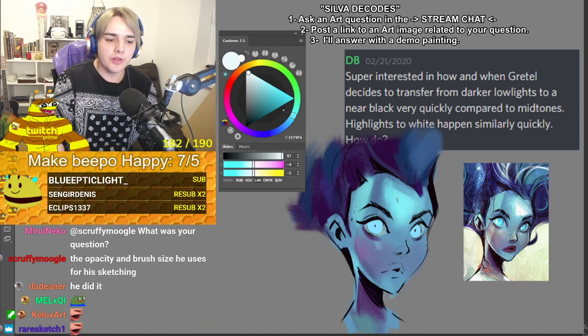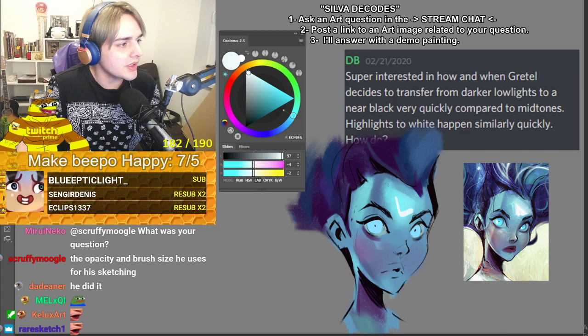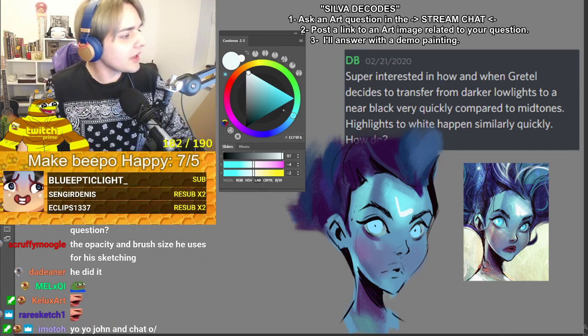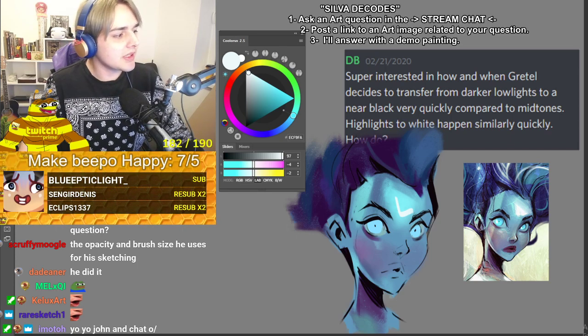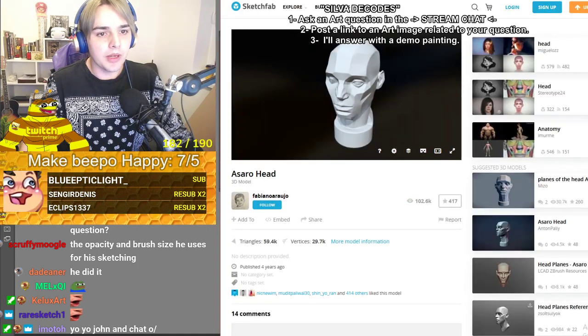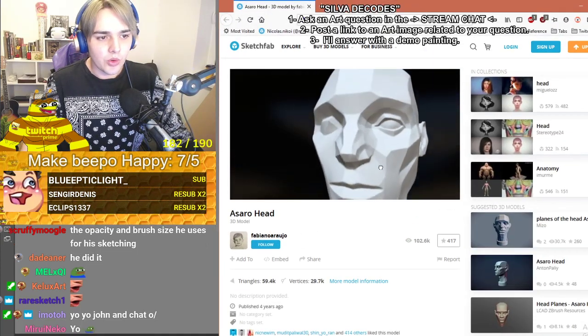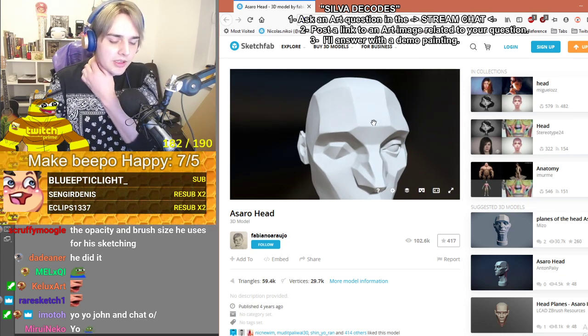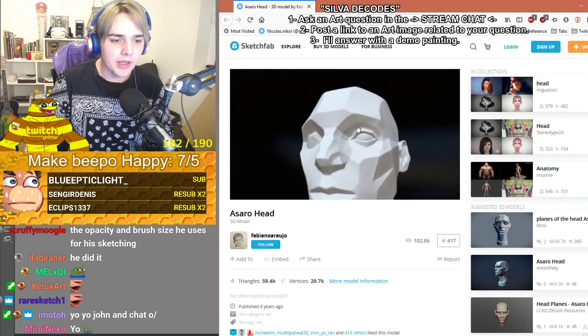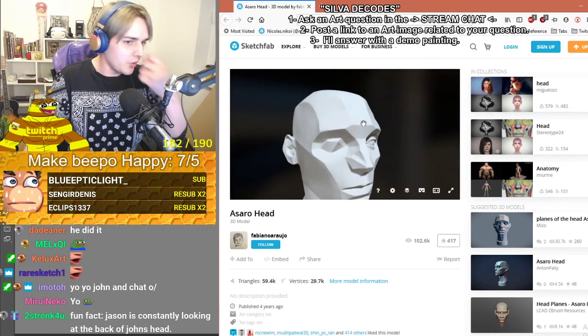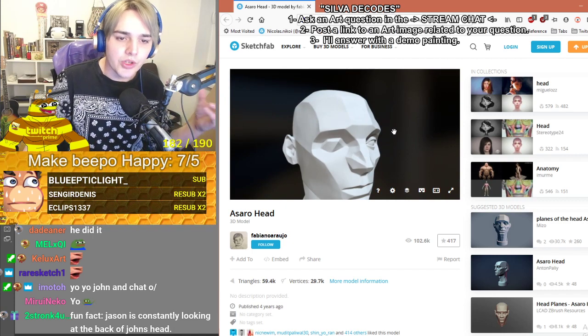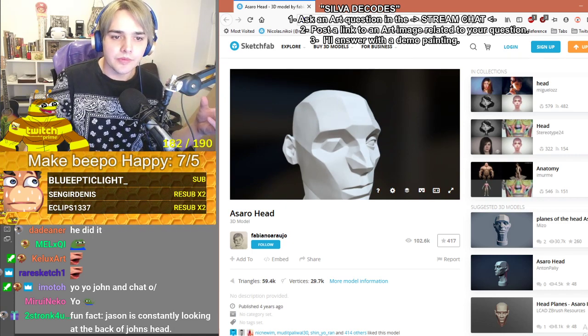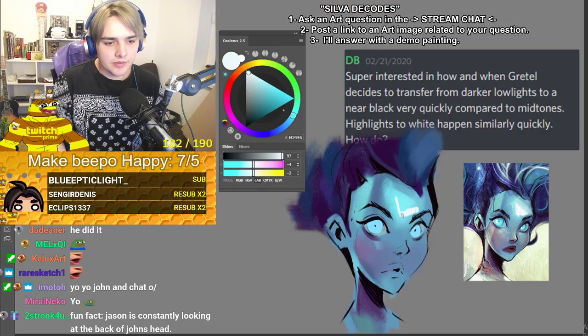I'd say the best way for you to know this is I like to show everyone the Asaro head. Here, let me bring it up. So knowing the planes of the face and body, blah blah blah, like this, you will know. Of course, everyone's a little different, slightly, but knowing the planes of the face and body will make it easier for you to know where to add the highlights, right? So in her case, based on her, the artist